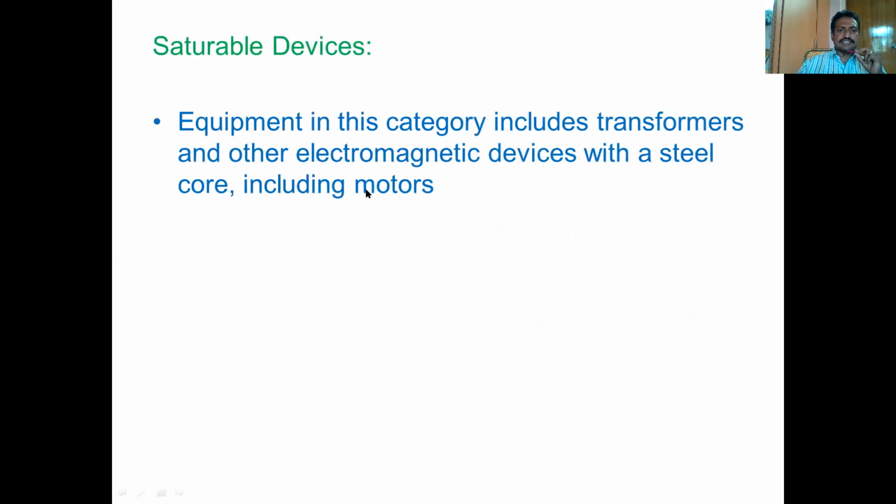Next, saturable devices. Equipment in this category includes transformers and other electromagnetic devices with a steel core, including motors. Saturable means, as per the hysteresis eddy current loop, when you apply load on any core, it can withstand up to a certain value of current.